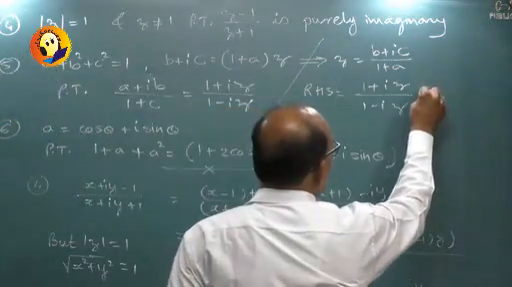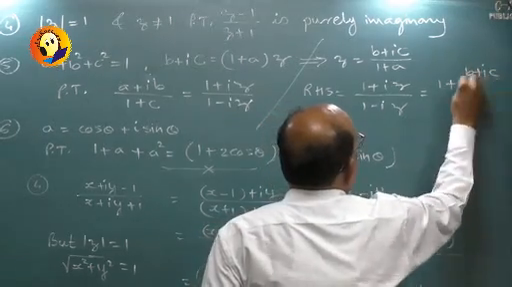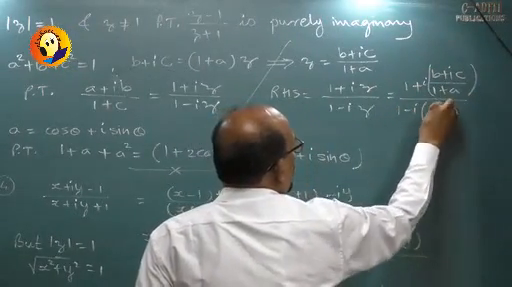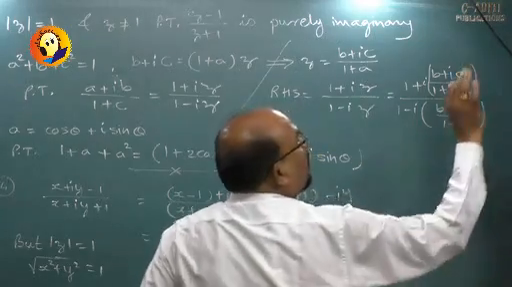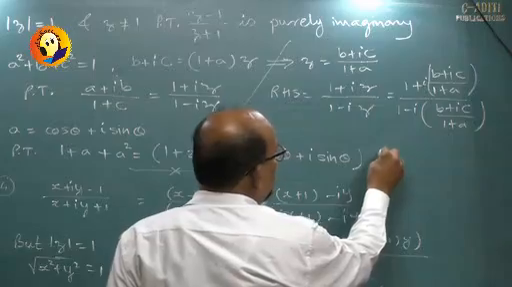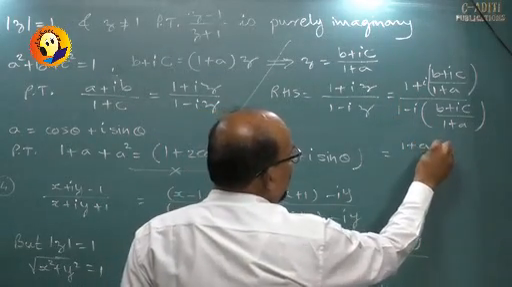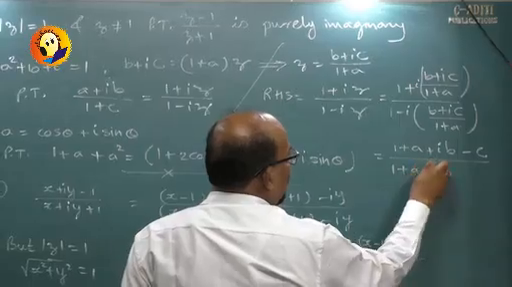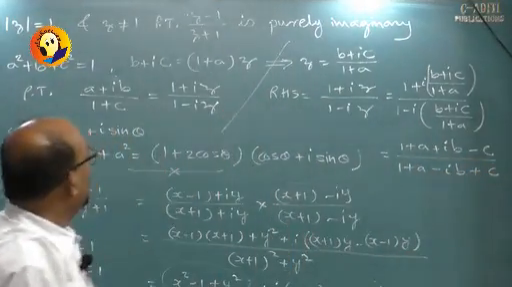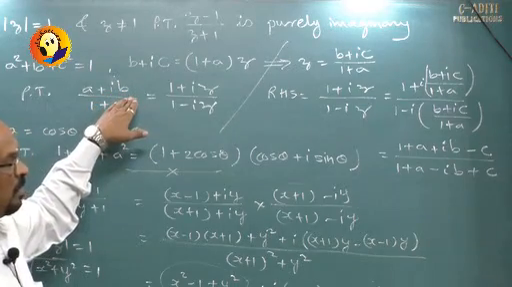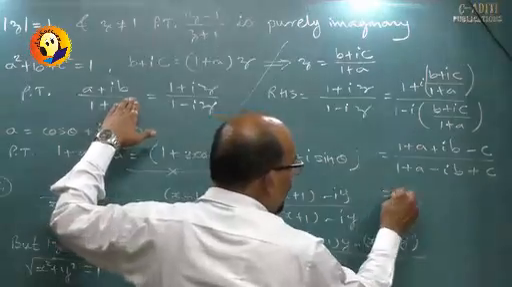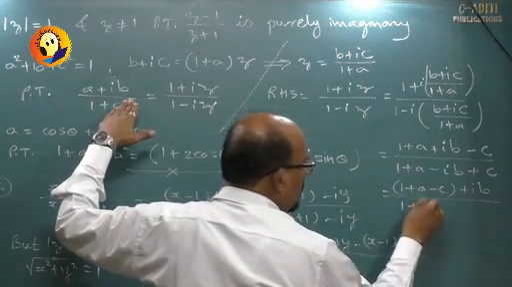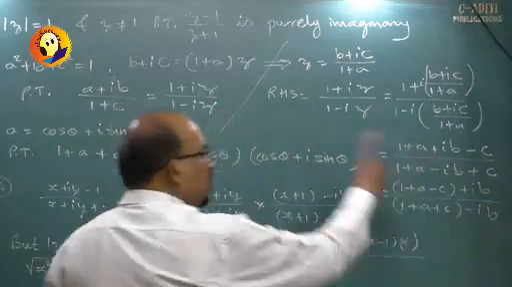What will happen next? Probably it will be 1 plus (b plus ic upon 1 plus a) upon, and of course i is there, 1 minus i into (b plus ic upon 1 plus a). 1 plus a will get cancelled. It will become 1 plus a plus ib minus c upon 1 plus a minus ib plus c. Good enough, at least I am reaching somewhere: 1 plus a, ib. Right? So it becomes 1 plus a minus c plus ib upon 1 plus a plus c minus ib,